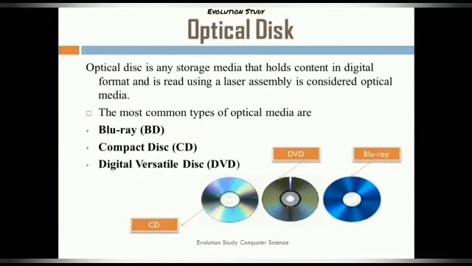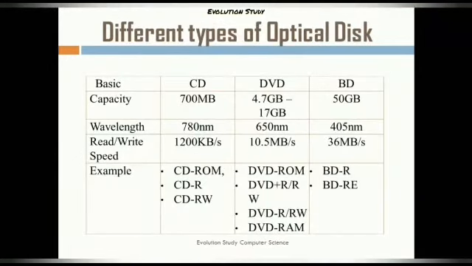Optical disk. Optical disk is any storage media that holds content in digital format and is read using a laser assembly and is considered optical media. Most common types of optical media are Blu-ray, BD, compact disc, CD, digital versatile disc, DVD. Now here in this chart there are different types of optical disc and it varies according to the capacity, wavelength,